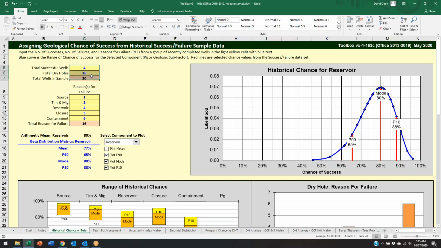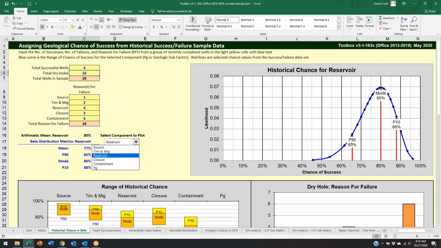So here in this particular example, where I have a total of 20 wells that have been drilled, 4 of which are geologic successes and 16 of which are dry holes, then the chart over on the right is showing to you that this could actually occur from a wide range of PG values. So from a P90 to a P10 perspective, this result of 4 out of 20 wells being successful could have an average PG of, sorry,